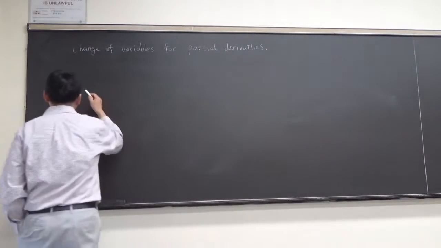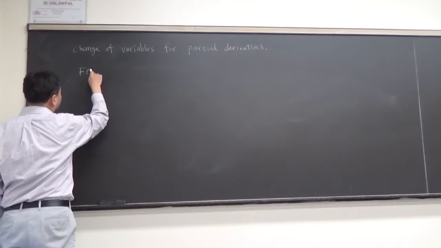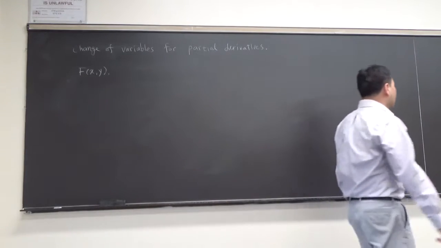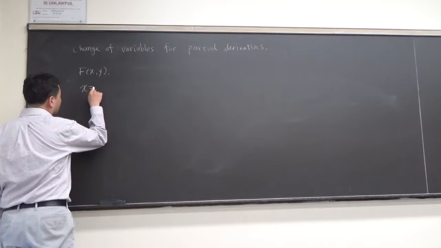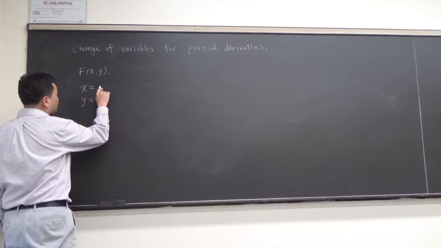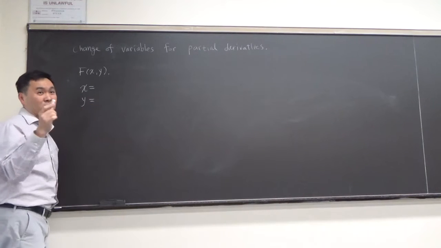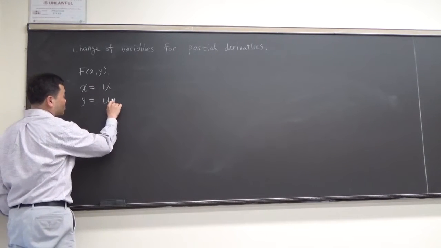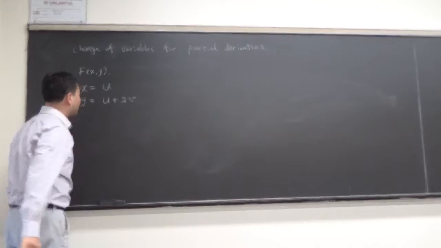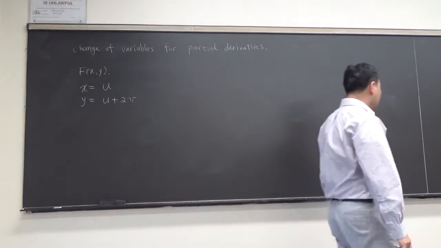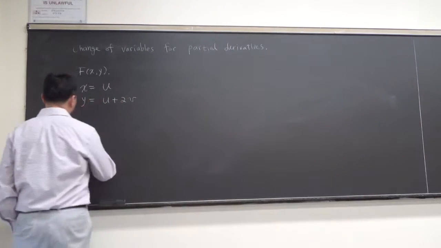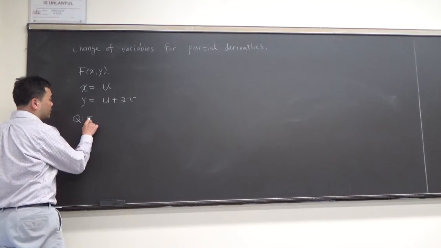So suppose you have a function f(x, y), a function of x and y. And let's say x and y are also functions of u and v. So I'll just put something like u for x, but then u plus 2v for y. And here's a question. Express